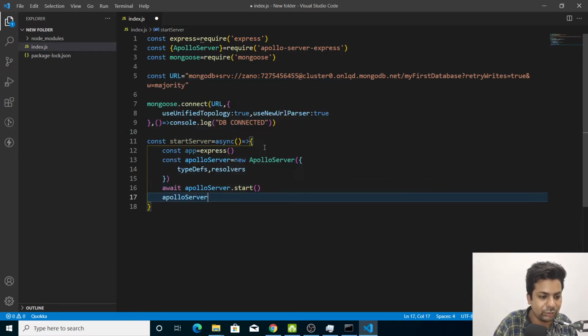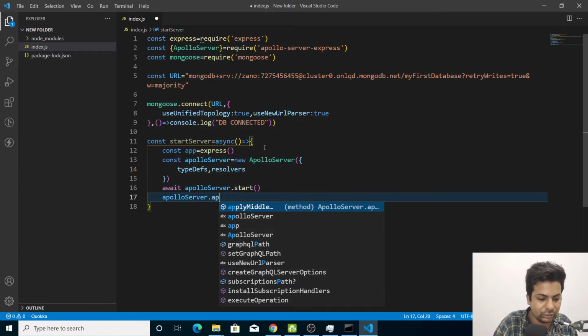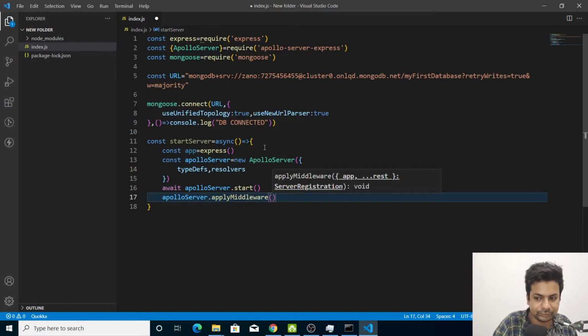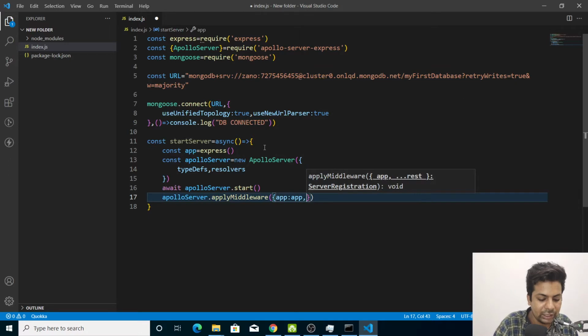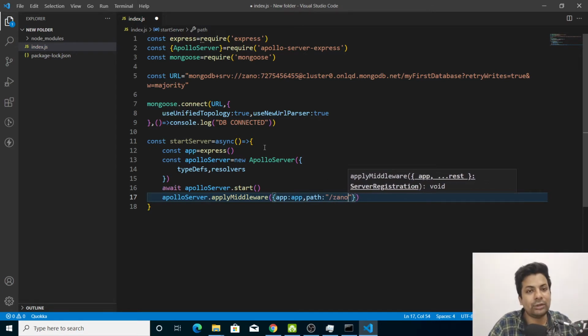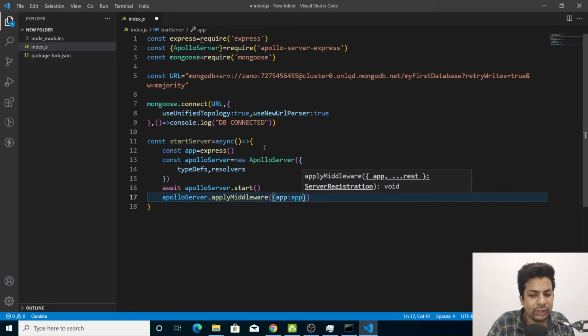Then we'll say apollo server apply middleware, and here we'll say app. Here you can give a path also, on which path GraphQL will run. You can say slash graphql, or whatever path you want to give on which GraphQL will run. By default it's slash graphql, so I'll remove it.